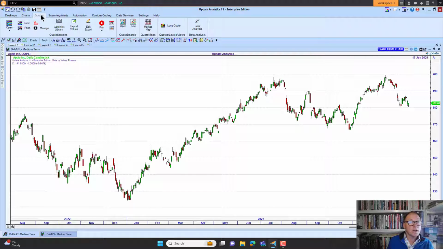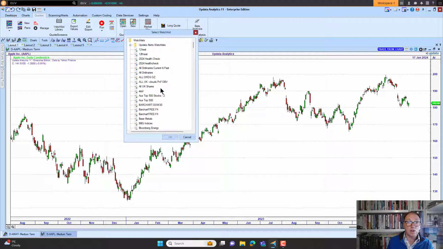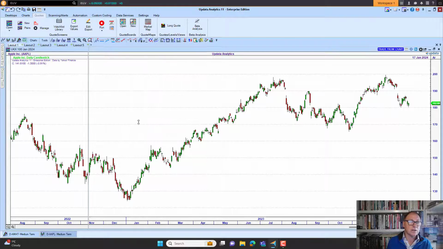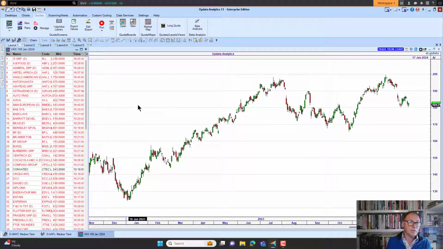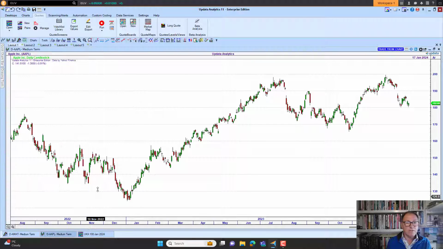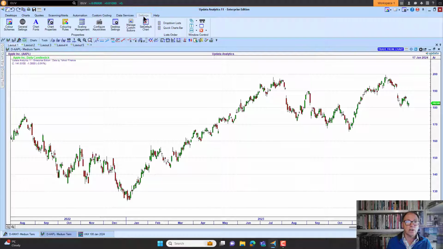The other thing is you can open watch lists and you can create your own watch lists as well, so that's a really important part of using the system. And I've got loads of different watch lists you can see. So here's a watch list of the UK FTSE 100. So I've now got charts here, and what I could do is I can go to my settings, and here